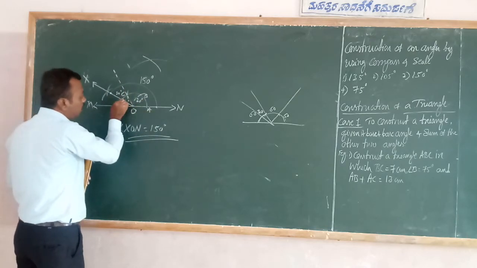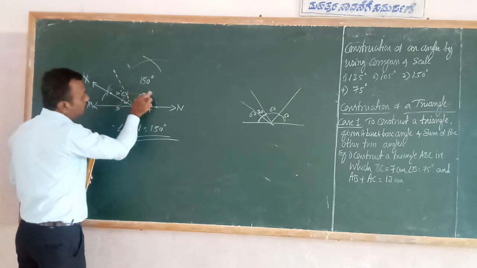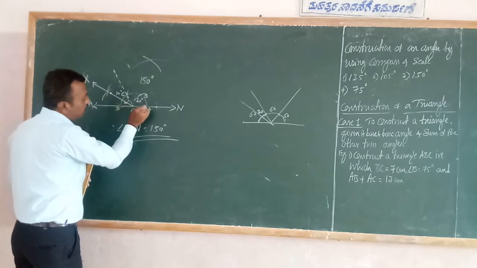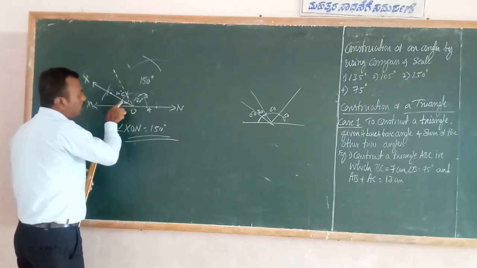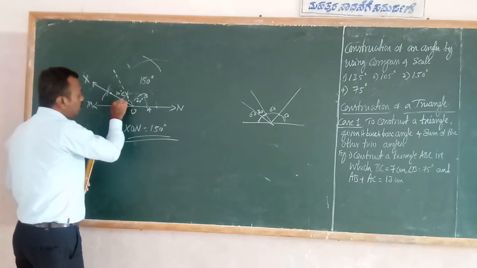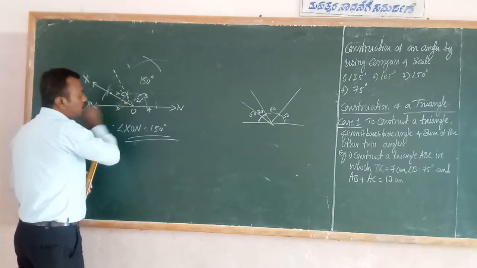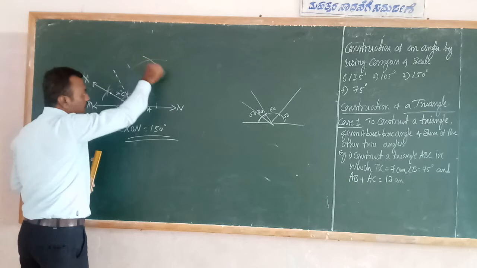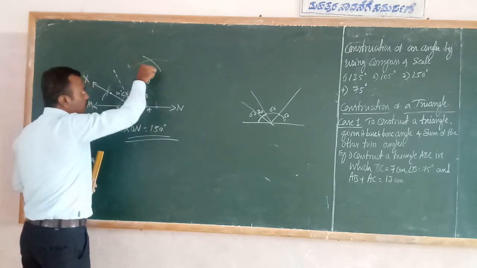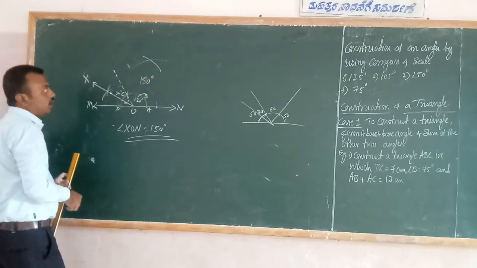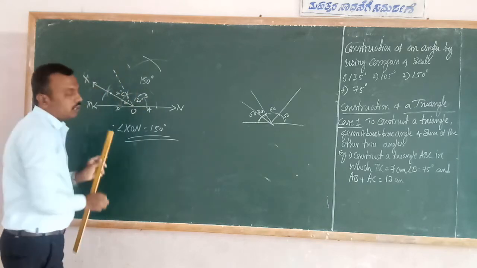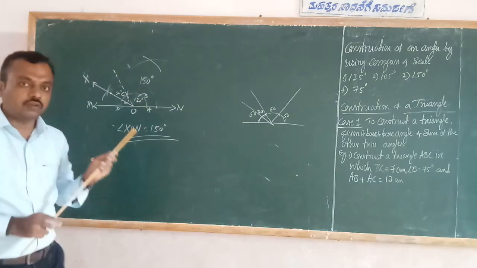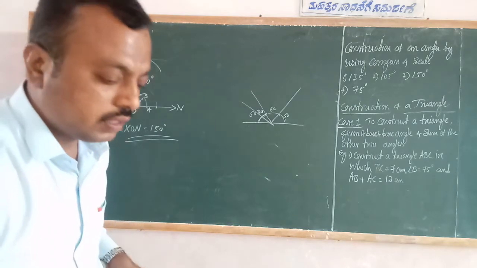Otherwise you have to see it. This one you have to do. I will draw the arc from the point O. Keep on this point D, keep the compass on this point and cut the arc, and cut the A point also, cut the arc and join this. So each part becomes 75 degree. So you have to do it at home. Okay, students? Yes.